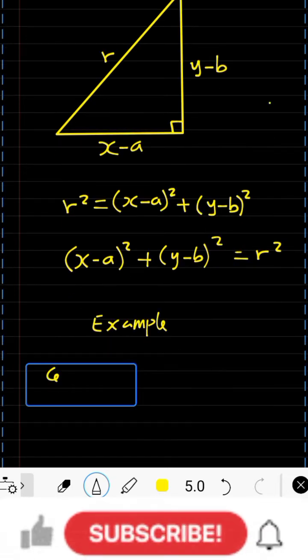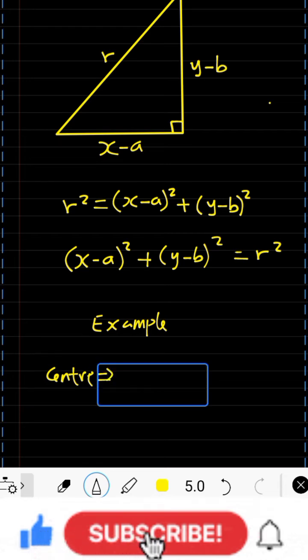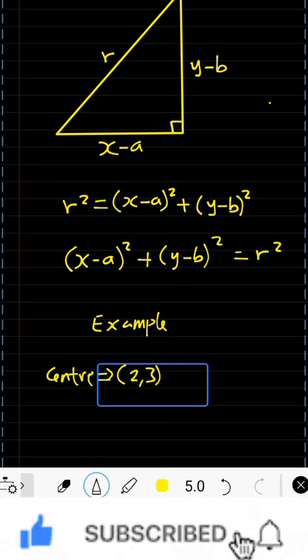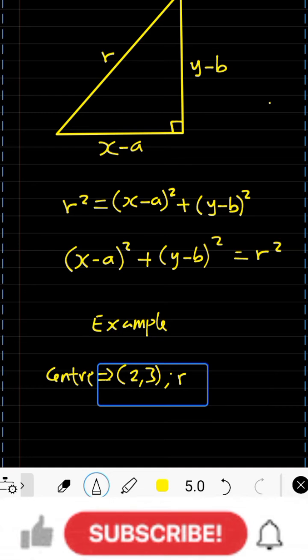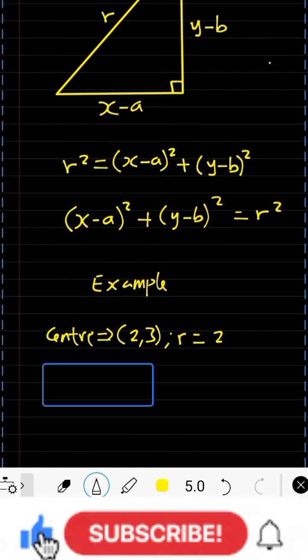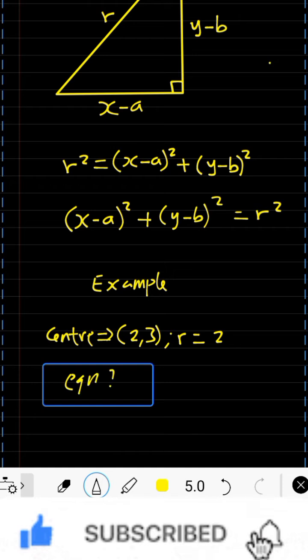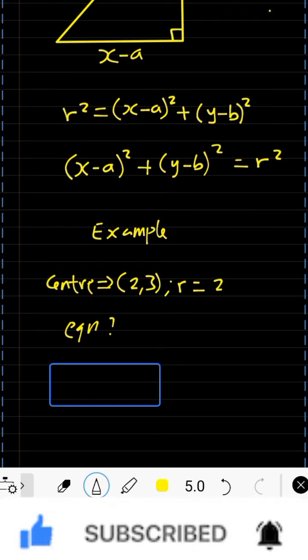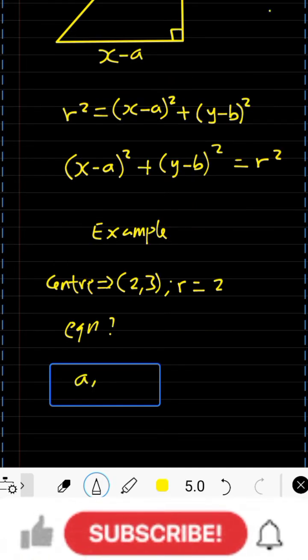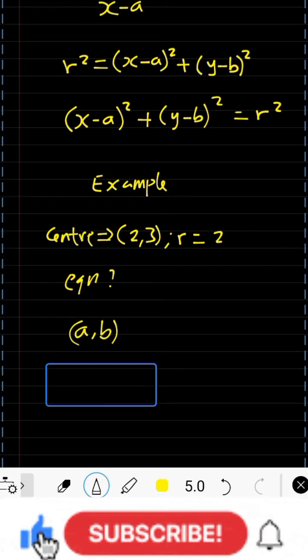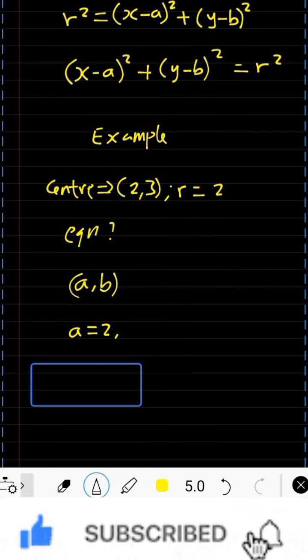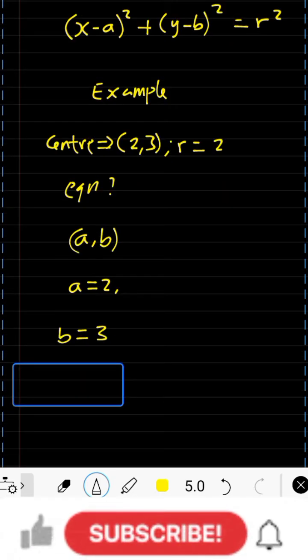If the center of a circle is given as 2, 3, and the radius is equal to 2, find the equation of the circle. The equation of the circle is what? So according to our formula, the center of a circle is always in the form of A, B. So that means from this we have our A is equal to 2, the X value is A, while the B value is Y. B is equal to what? 3. And the radius